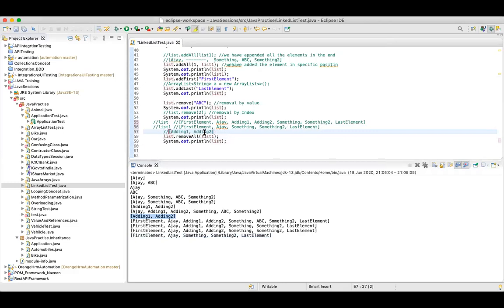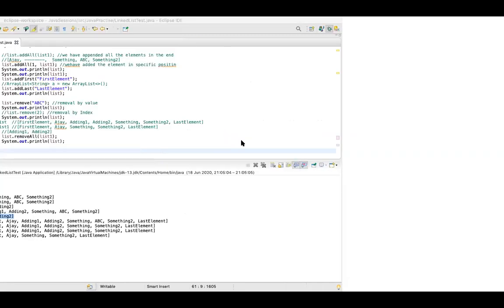So it will remove these two. It will not remove the entire list, it will only remove those elements which are present in list 1 from my list. Clear, guys? So this was removeAll from a list.